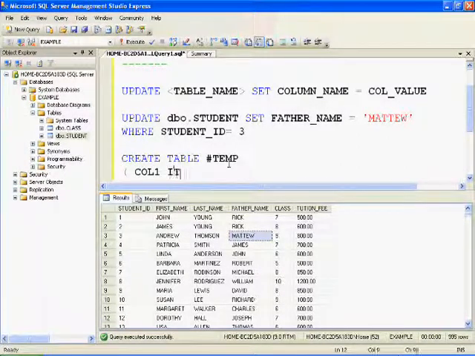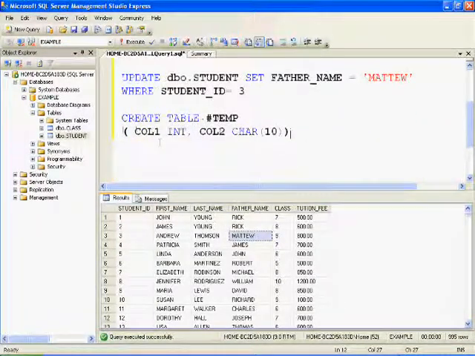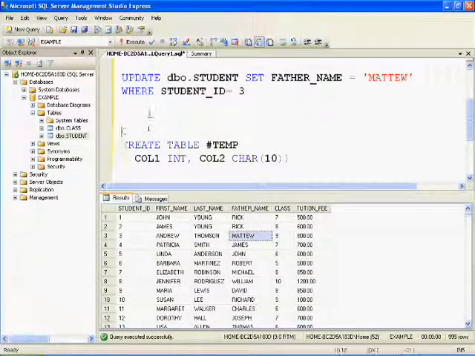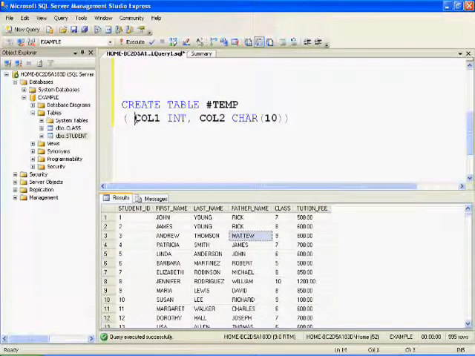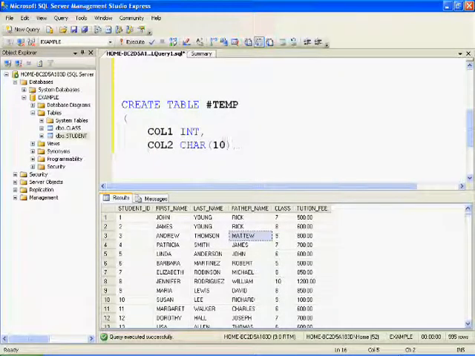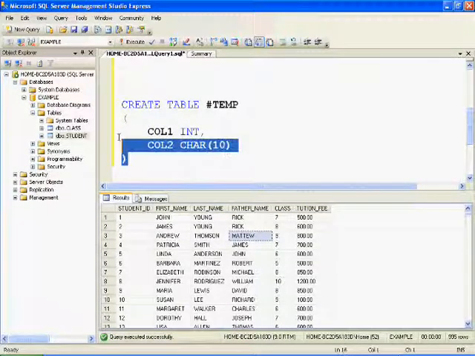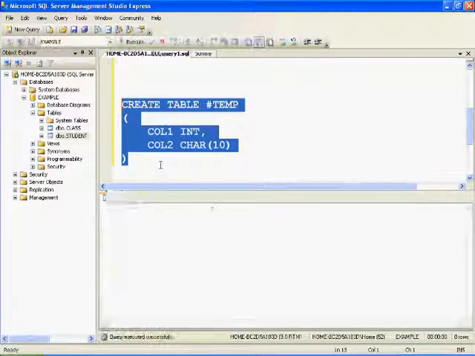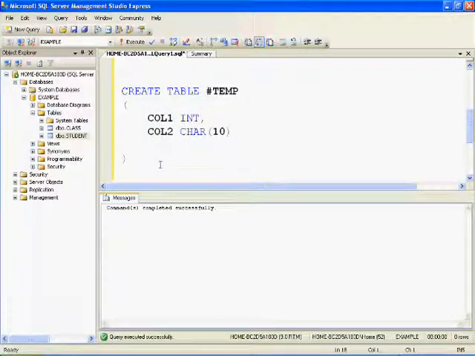I'm giving column 1 integer data type and column 2 character data type. This is a temporary table which will be stored in tempdb. So what I'll do is I'll insert few records in this table, some 3 records, and then I'll do update operation on this table.